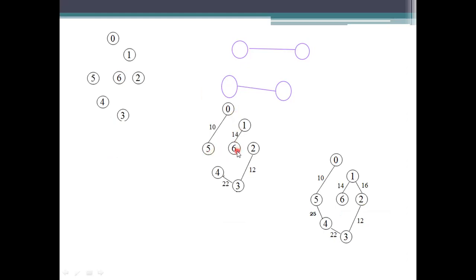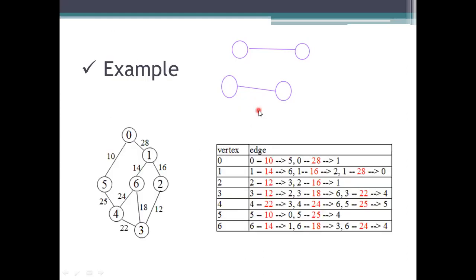And then next one here is 1 to 6, that is from the 1. And the other one we are using is the second one. Sorry, my second one here is 12 and 16. What is the minimum one? We need to use the 12 here. So this will be taken. And then next one here is 12, 18 and 22. 12 is a traversed one. We won't take this one.